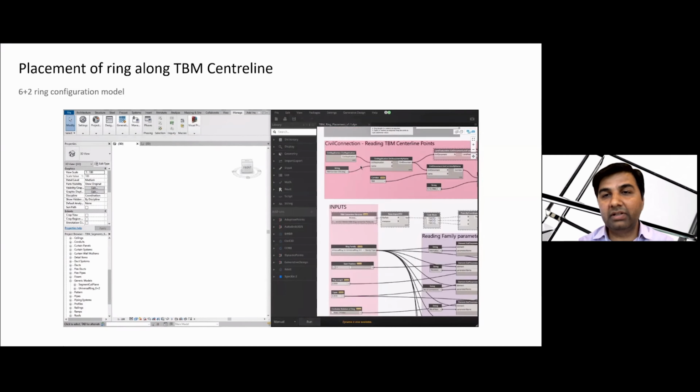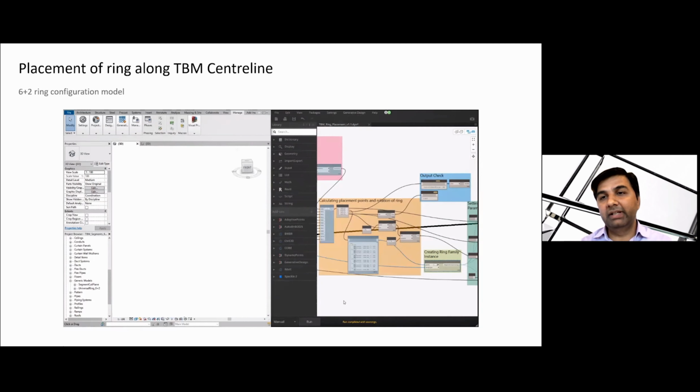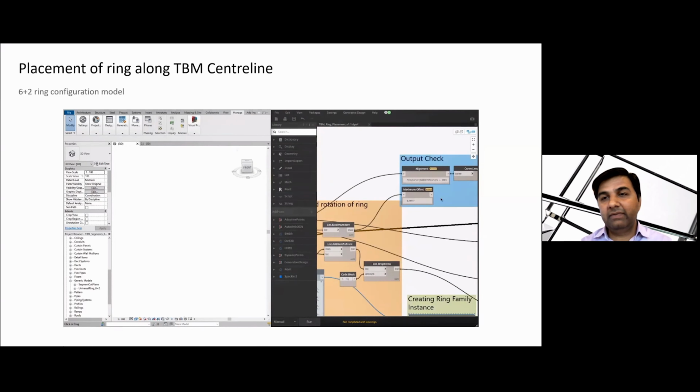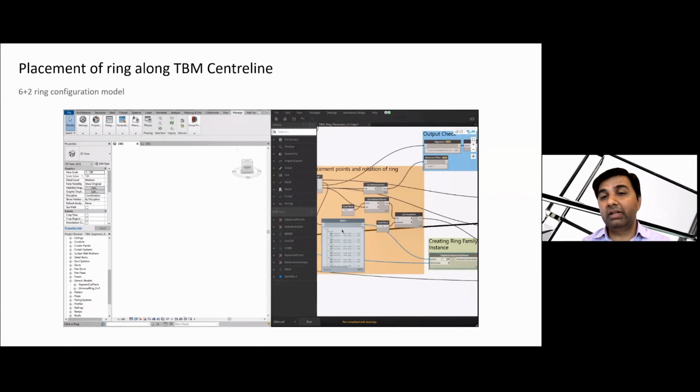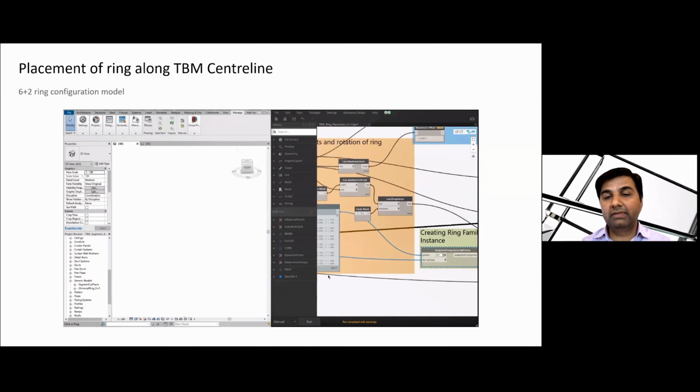Then we have all these results transformed, and then we unfreeze this Python script node. So this Python script will run, and we run this one, and then freeze this ring family node. We don't want to create a ring family first. We want to check the results, and then we want to create those ring families. We run the script, we check the output, like, okay, it is within the project limits. Okay, then it's okay. And we unfreeze that node of creating ring family instance.